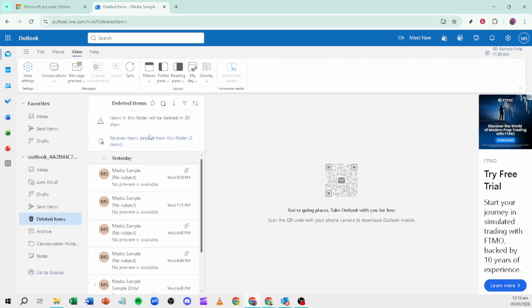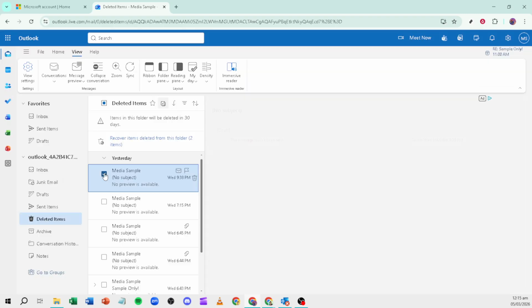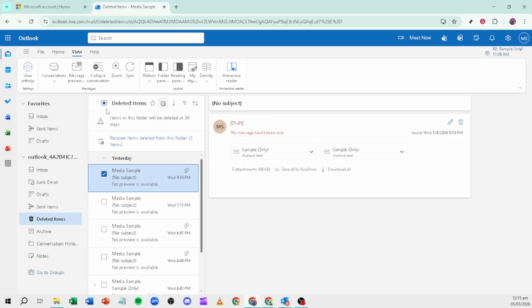A few quick tips to make this faster. Sort folders by size so the heaviest messages float to the top. Search for "has attachments: yes" to find emails with files. And when you want to keep a document but not the message, save the file first and then delete the